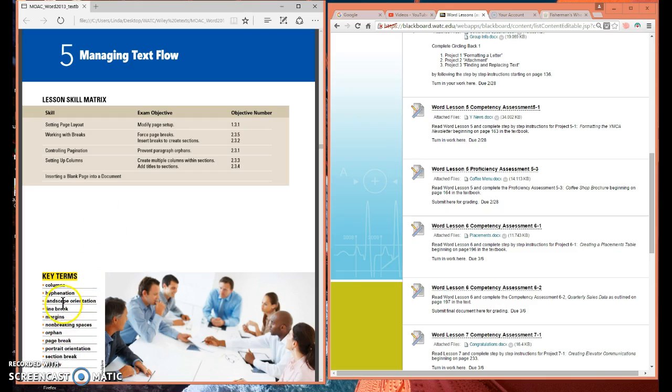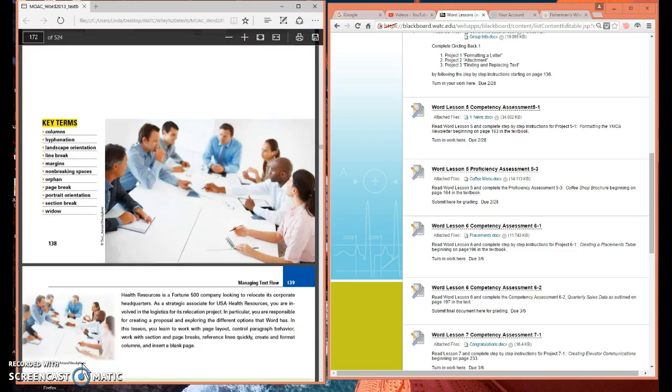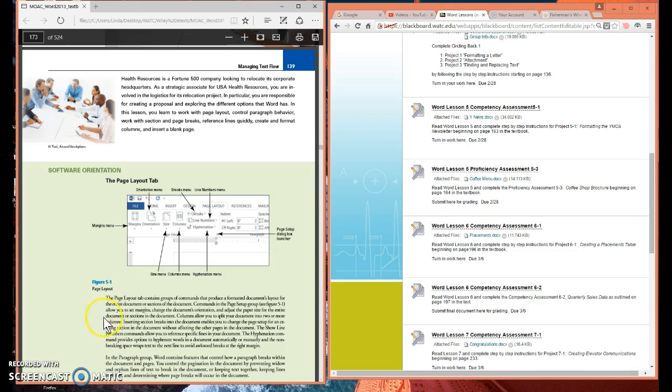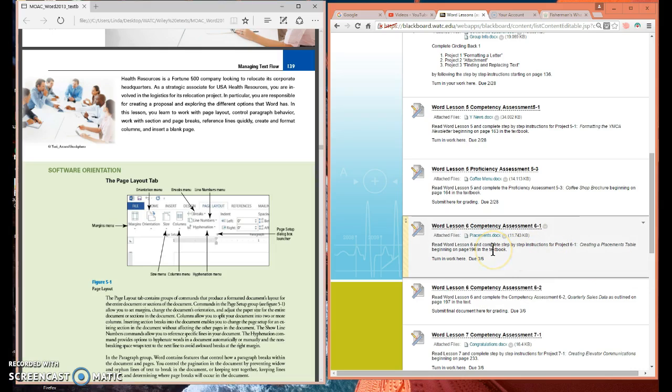If you look down here at the key terms, if you're familiar with all of these, then you might be ready to go right to the assessment. If not, please make sure you take a minute to read through it. Some of the things they're talking about here have to do with the Page Layout tab. So if I open up Word and bring up a blank document here,